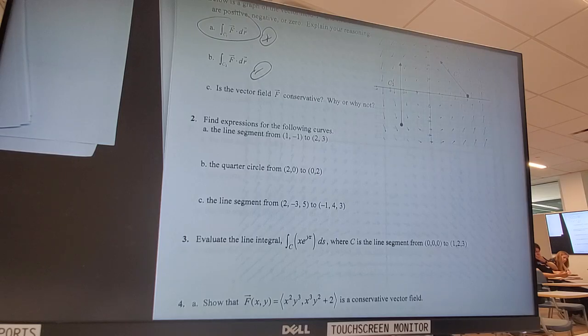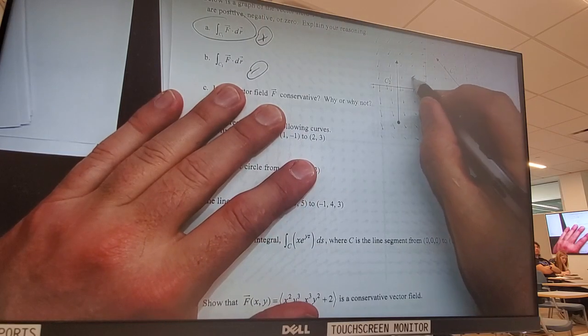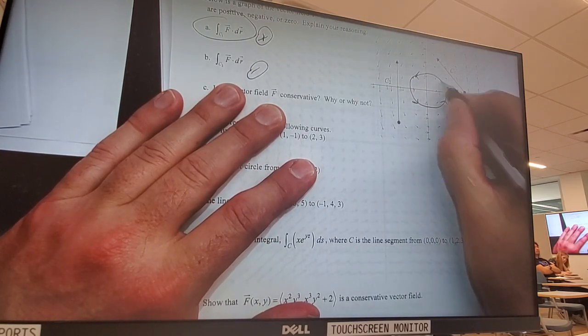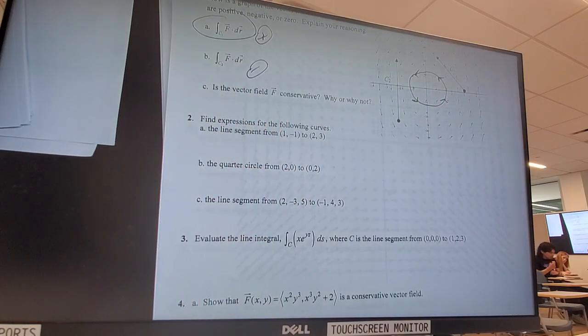Are those closed loops? No. Okay, so good. It has to be closed loops for a conservative vector field's answer to be 0. It has to not care about the path I take, but there's a very quick way. Can you draw a really simple closed loop that totally has a positive answer? Yeah, because the field itself is circular, right? So if I draw this closed loop and go this way, will the answer be 0? Nope, so it's not conservative.